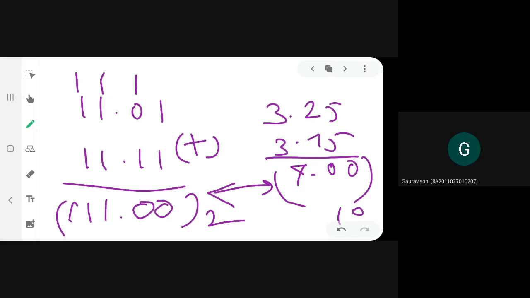So this is a simple example for binary addition. In order to do binary addition, you have to remember the 4 basic operations with the numbers zeros and ones. With that, you can easily do complex addition, subtraction, multiplication, and division. Next, we will move on to binary subtraction, the normal method.